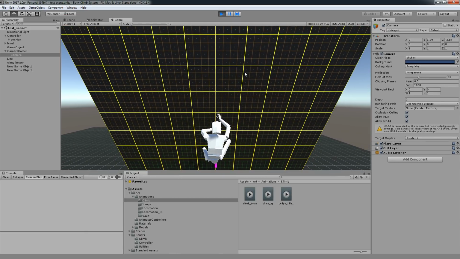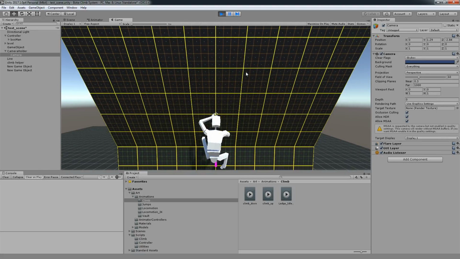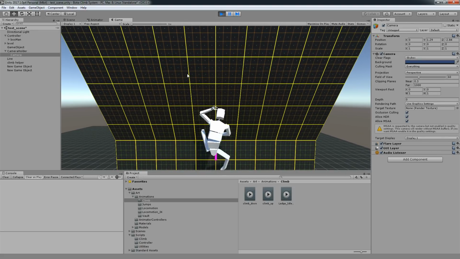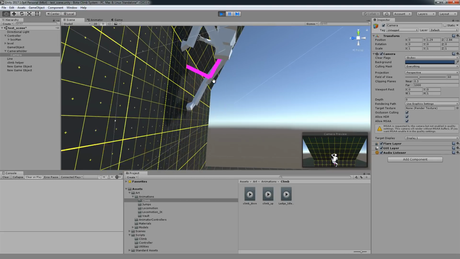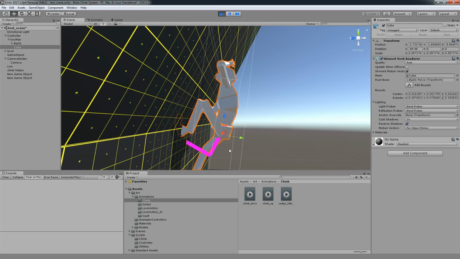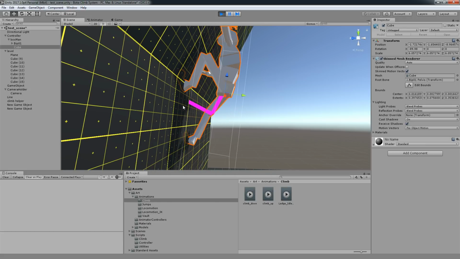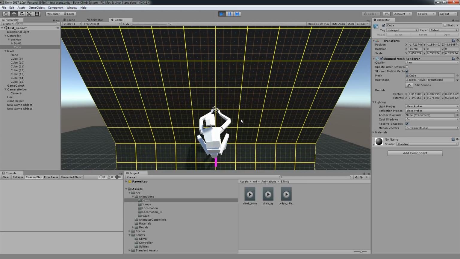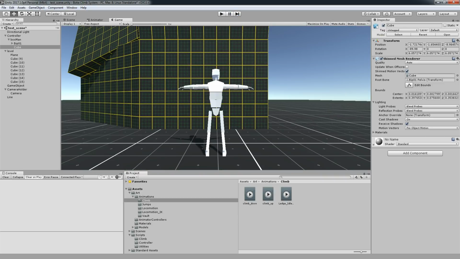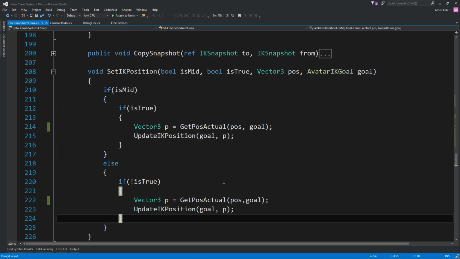Okay, so we're going up. Let's go down. I think something didn't work. I think it might just be right on the edge, so let's make something else then.